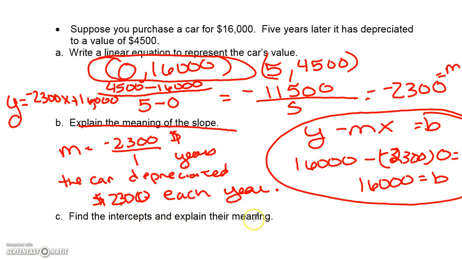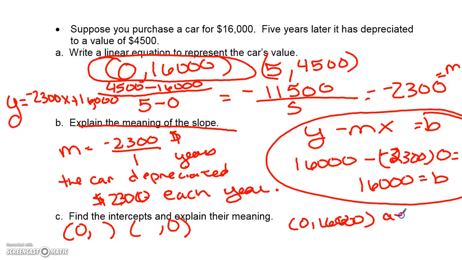Now it says find the intercepts and explain their meaning. Well, for intercepts, we let x equal 0, we let y equal 0. We already know the y-intercept. And that means at 0 years, the car